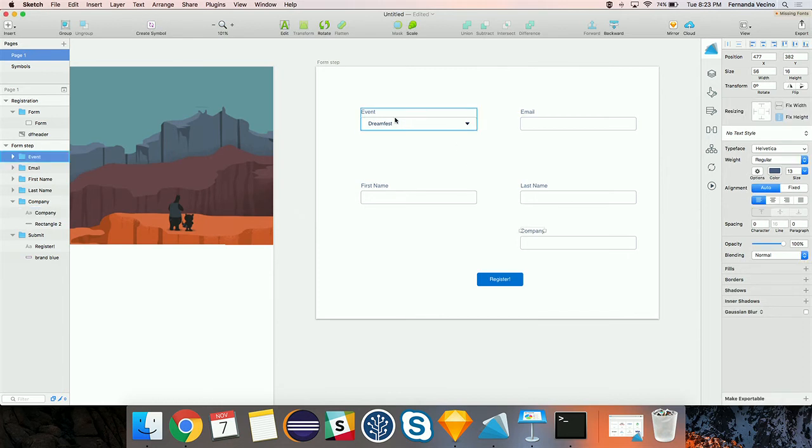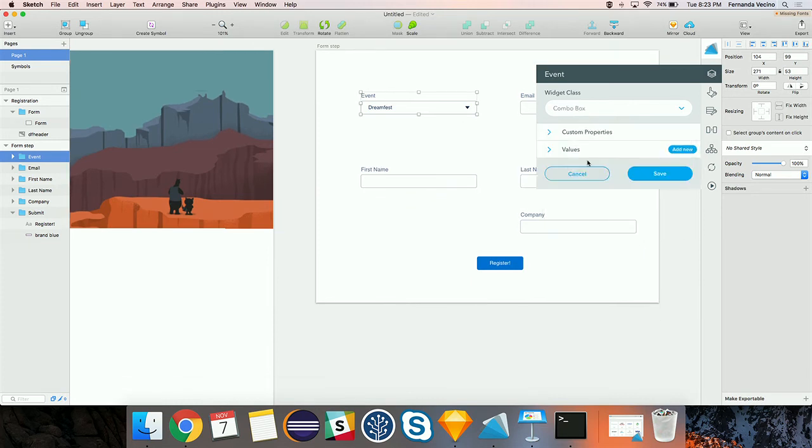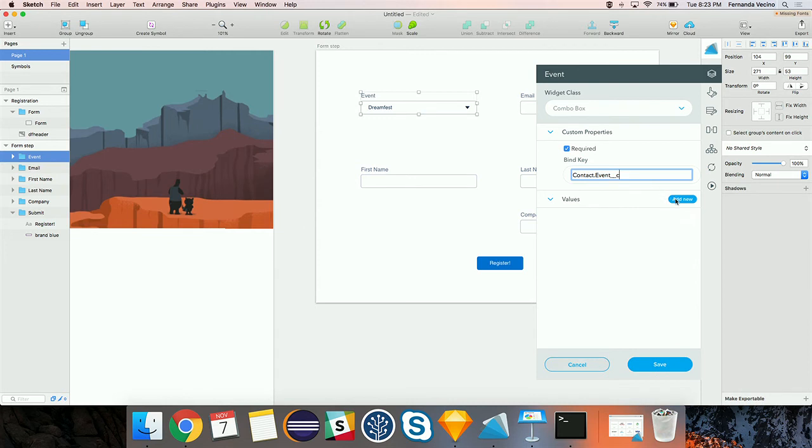And now we have the design, but we need to tag everything again. So this gets a little bit repetitive, but it's quite fast if you think about it. We're just drawing things, after all. We bind every field to a field in the contact object. So we created a custom field that's called event. It's a pick list. So this will be Dreamfest. Okay, and now we have